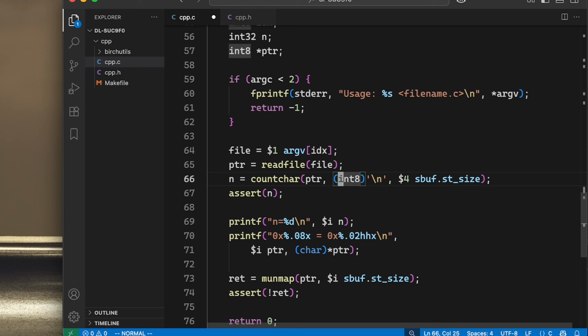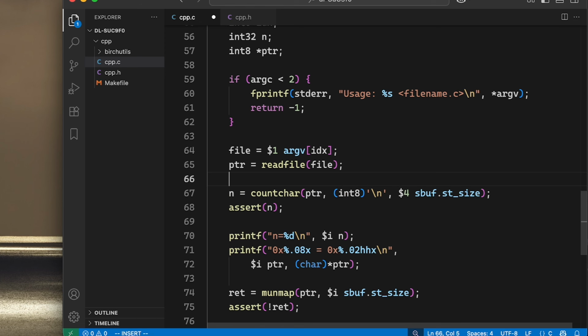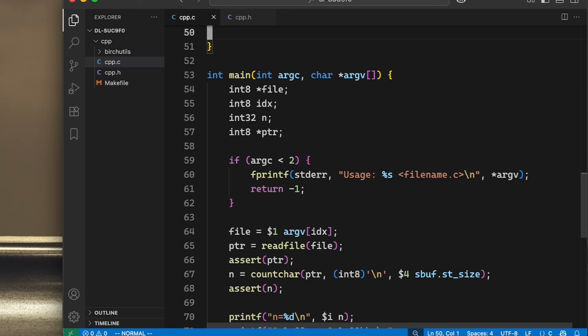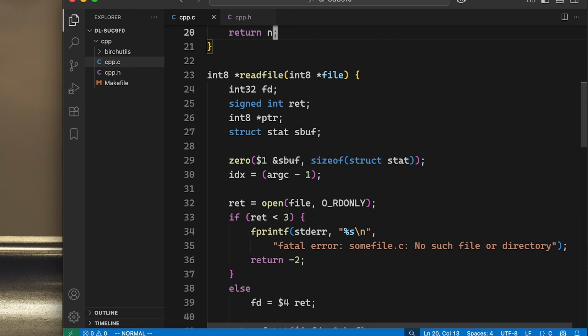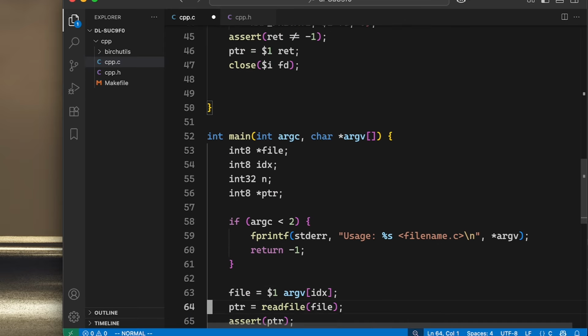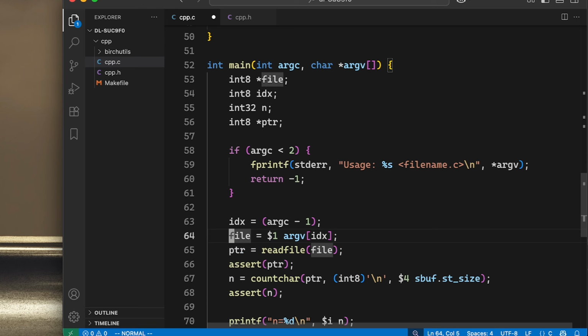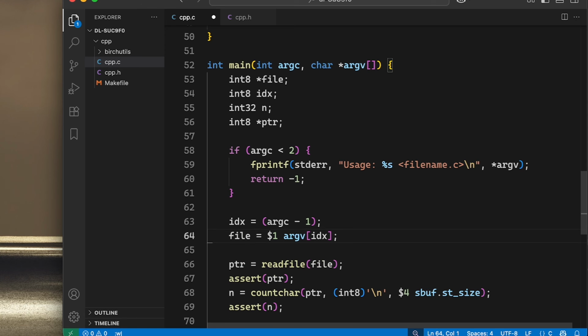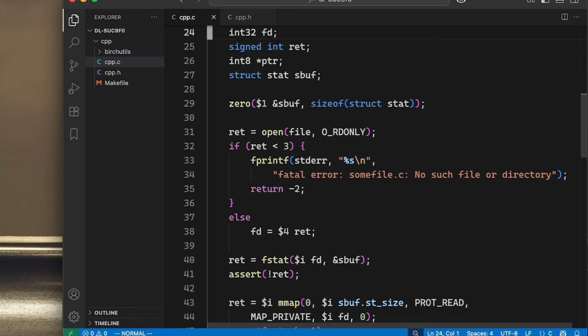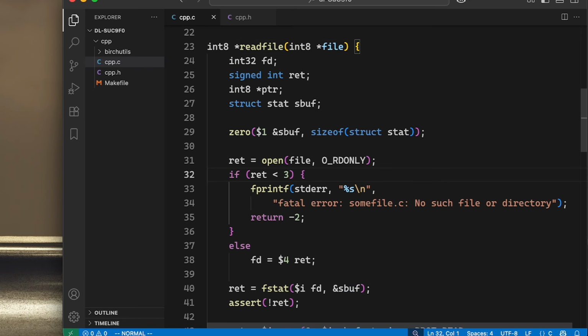What we can do is make sure that we have a pointer at this point. Okay, so let's go through this here and see what we got. So we zero it out. The index needs to be calculated inside of main and not there. So something like this. And then we open the file, and if